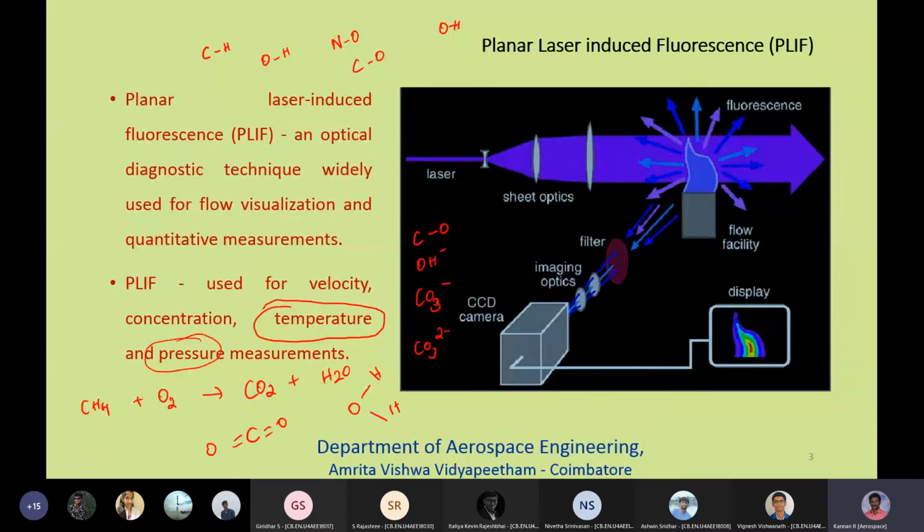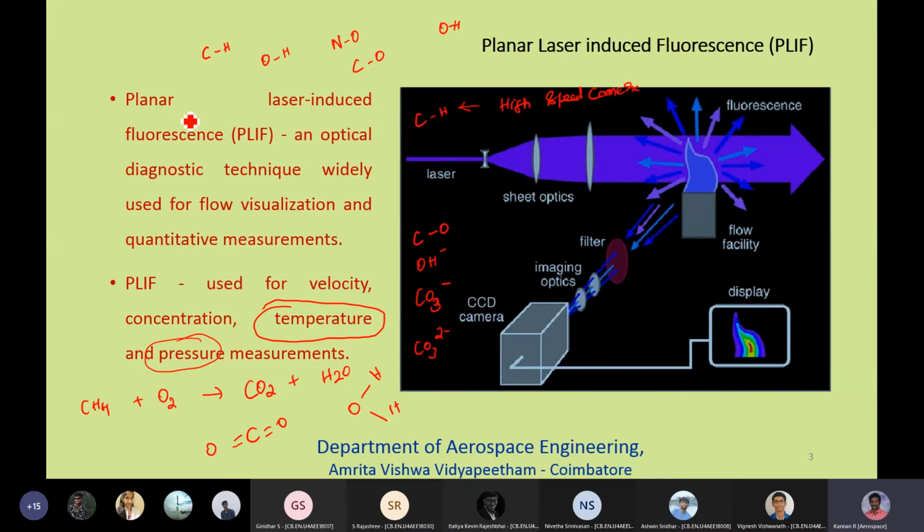Right now we are in the process of setting this up. While you are visiting the campus, I can show you. We have a CH radical setup, a lens system, and a high-speed camera in our lab. I can take a Bunsen burner flame or a candle flame and show you, so remind me, how the free radicals are going to vary. We have the facility, but we are not buying a ready-made one. We are buying it in bits and pieces, assembling it, and developing our own facility.